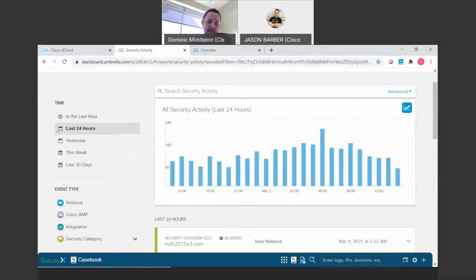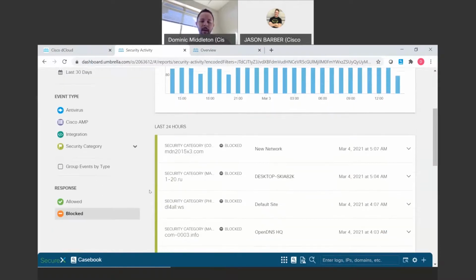So first of all, I'm looking at just the last 24 hours. I see a ton of threats coming in. This blue bar is all of our traffic coming in, the security activity in the last 24 hours. Going through the night, hey, that's weird, 3 a.m., 102 events. What's going on with that? People should be home in bed, not bringing threats into their work laptop at that time. We can dive in there and find out what's going on with those work devices.